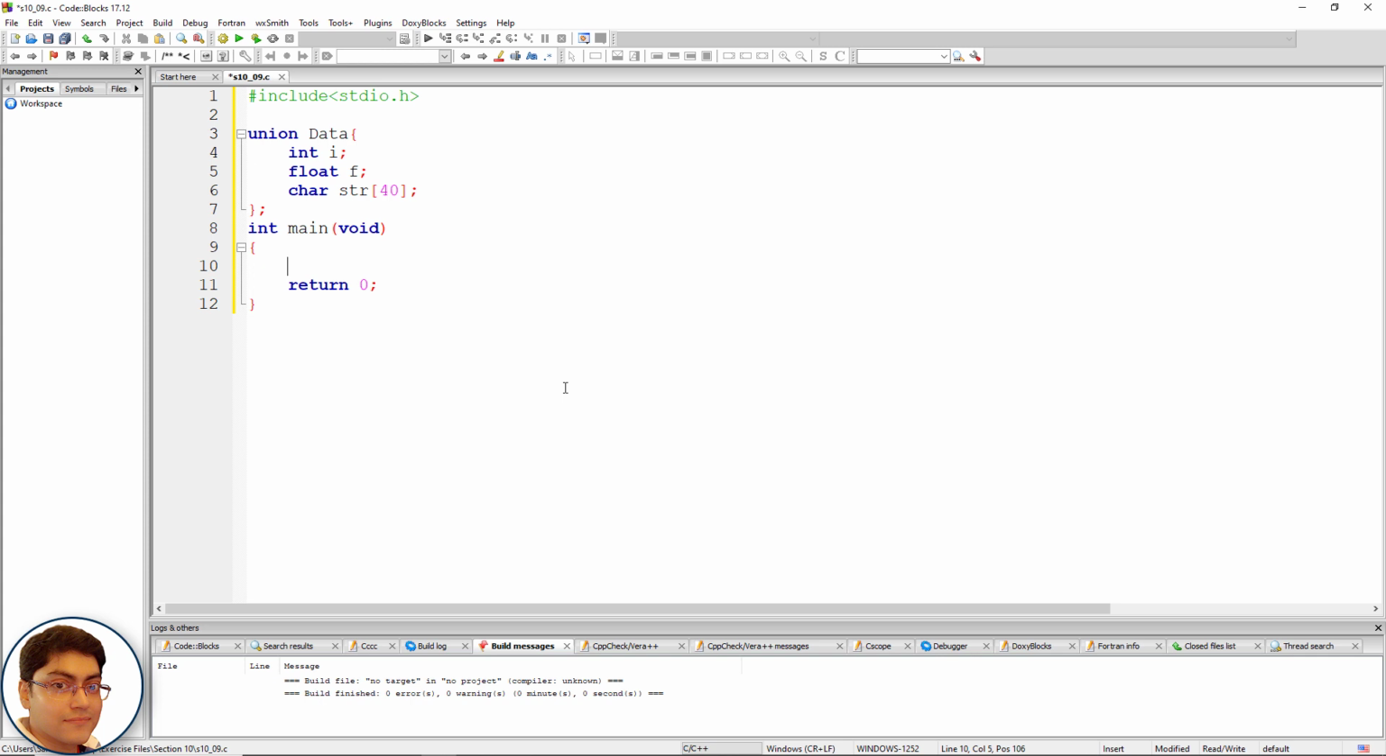Declare a variable data of type union data; Initialize the data members: data.i = 2; data.f = 10.5; and strcpy(data.str, "programming with C");